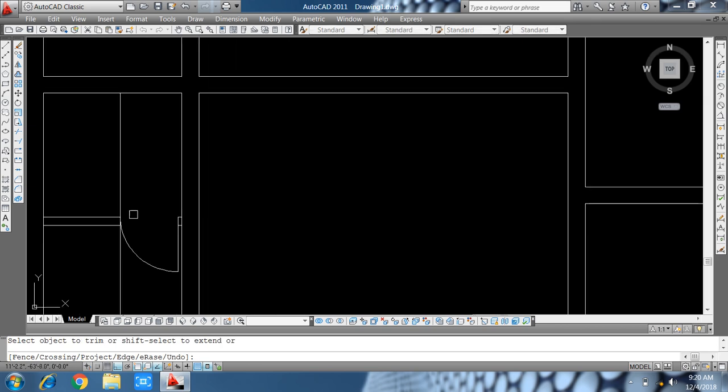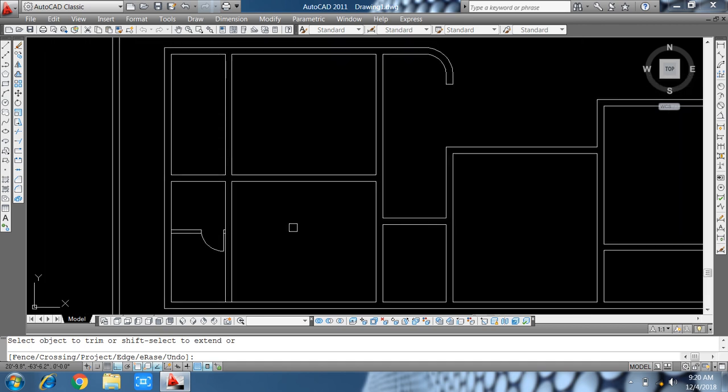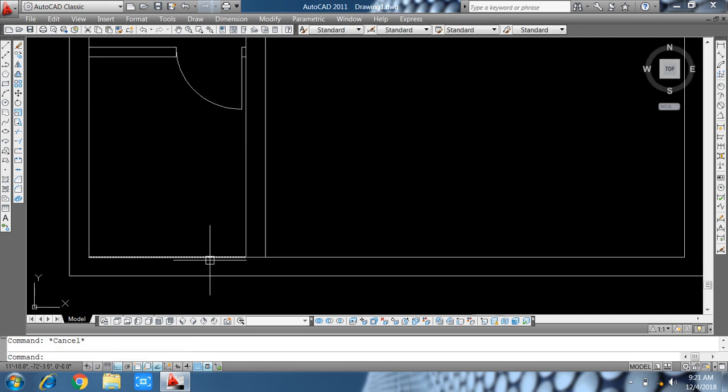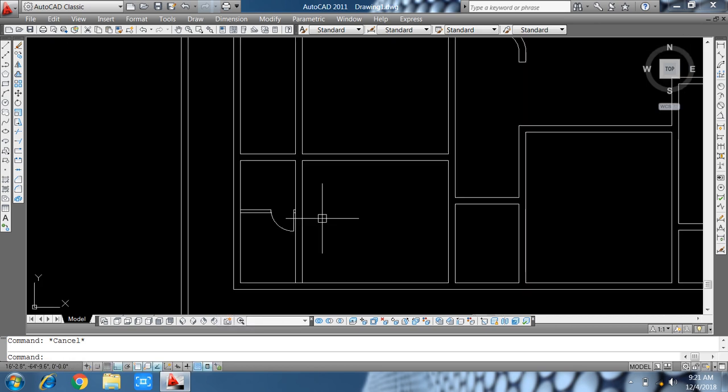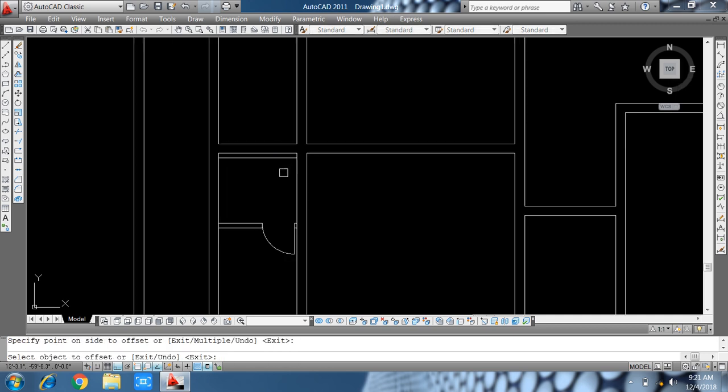And offset 4 and offset 4.5 inch from there, set to fit 6 inch from that point, extend it, trim it, and circle, trim it. So friends, we make another door, window, and here we make